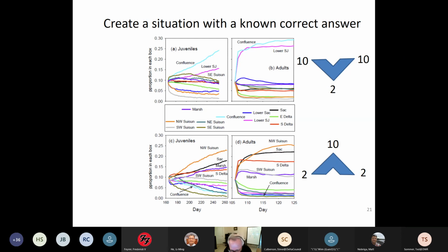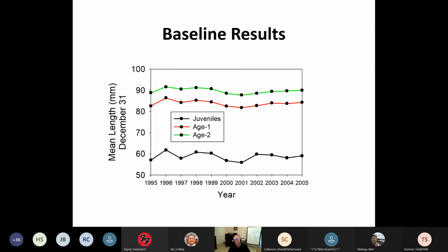And then you always do this. I always do this. You flip it on them, and they should flip, right? Otherwise, all I've shown in the top is they like the confluence. Now make the confluence bad, a high salinity, and the other upstream and downstream good, and then you notice they're avoiding the confluence and they're going to the 2 extremes boxes. So that's how we look at the rate at which they do that. That's how we work with testing the movement algorithm.